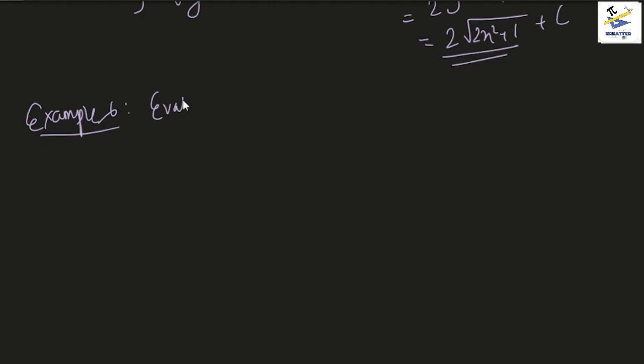Evaluate the integral of sine of root x by root x dx. Now again in this one, as you can see, the only portion that is not going with the integral is the root x inside the sine, right? And we are kind of sure that whatever else is present in the integral should be the derivative of that, right? So let's see. We observe